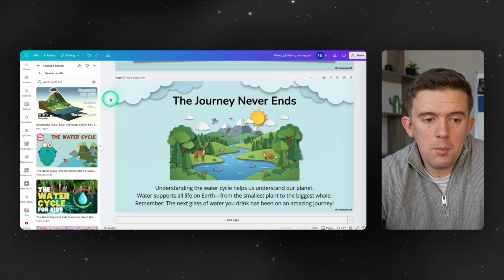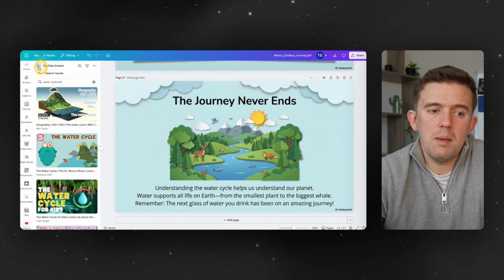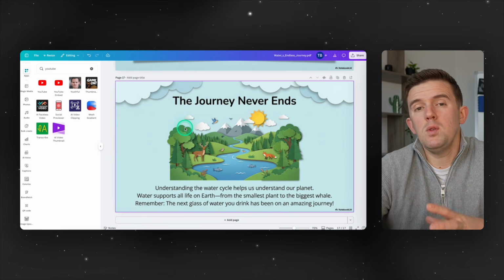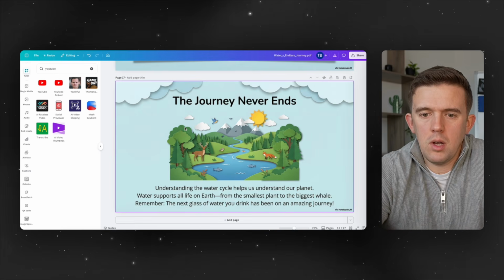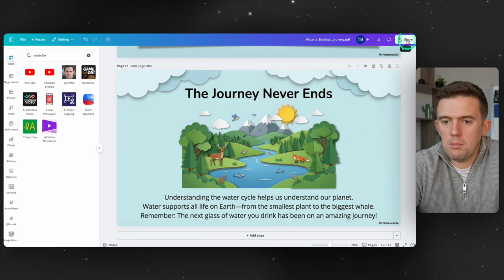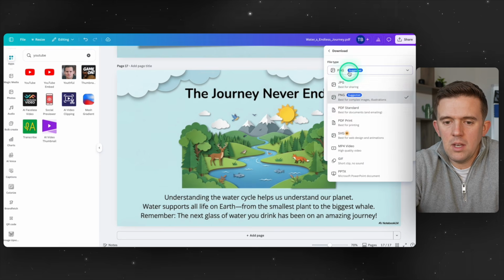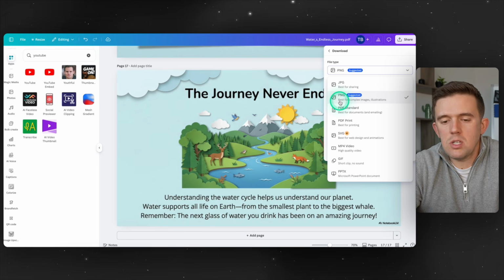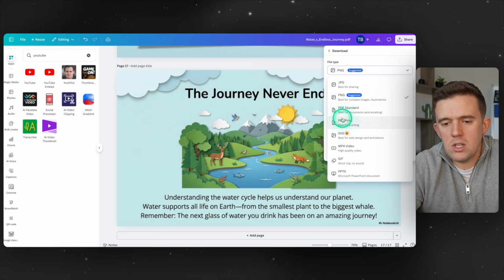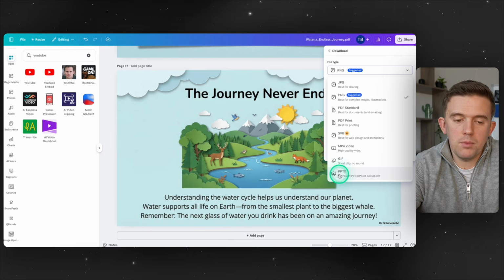So, not terrible, just took a little bit more time, but you can see that it's created beautiful slides, but there's those pros and cons. Now, to share it, it would be a simple case of share. You can share it with colleagues through link form, but you can go into download settings. Here it will download as a PNG, which is, you don't want that if you're doing presentations. You can download it as a PDF, but you can also download it as that PowerPoint, depending on what you're